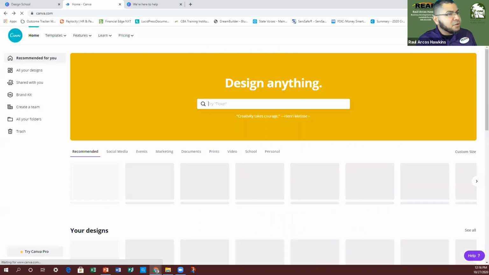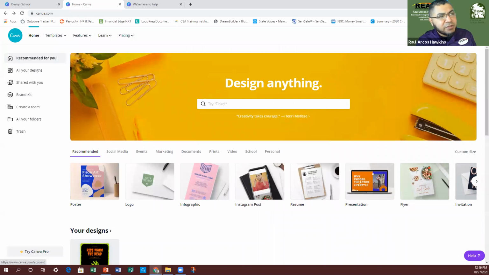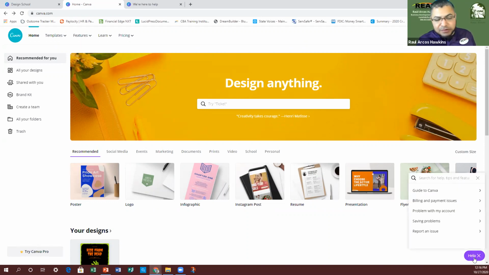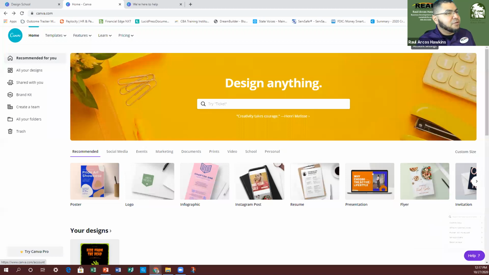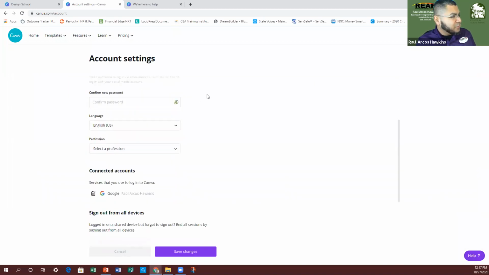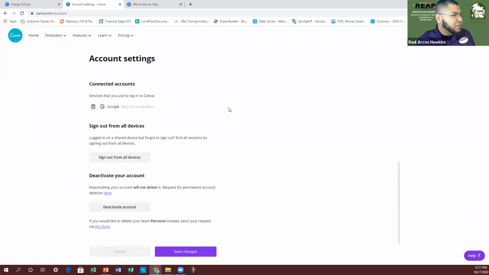Let's go back to the home. The other one on the top, if we continue, is your help center that will provide you more help that you need, just in case you get stuck on something. And also at the bottom of the screen, there is a chat that will assist you in case you have any problems. With your account settings, this is where you go in, and if you need to change the language, you can. So if we go into our account settings, it will give you information on which account you're set in,